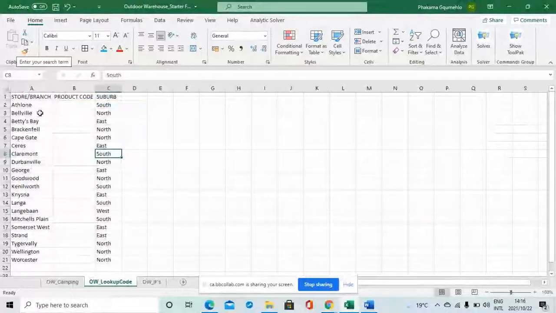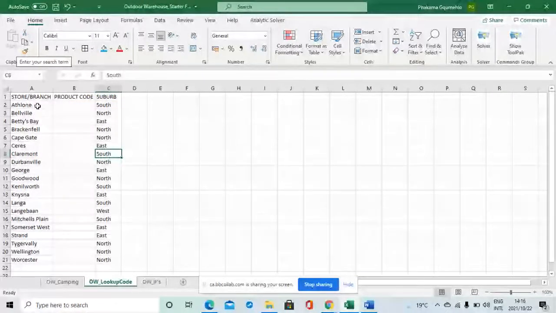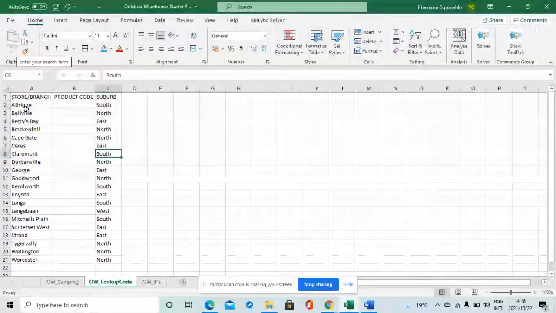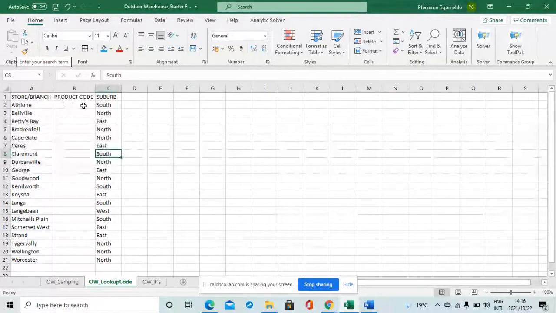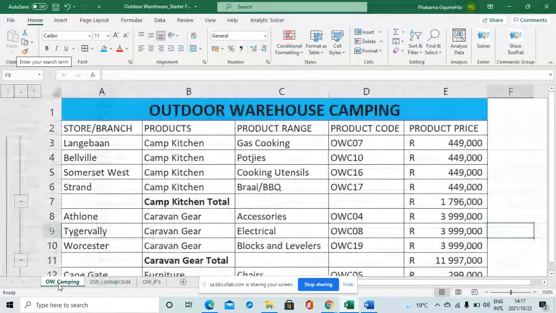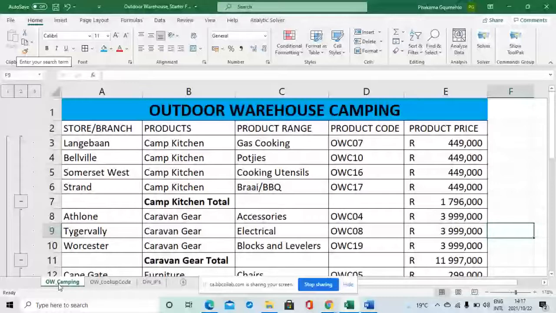So what they are saying is that what you can do, as you can see, we have Athlon. Athlon, we also had stores or branch on our first worksheet. So let's go and check Athlon product code. Athlon product code, where is Athlon? Here is Athlon at number 8. Athlon, then our product code was